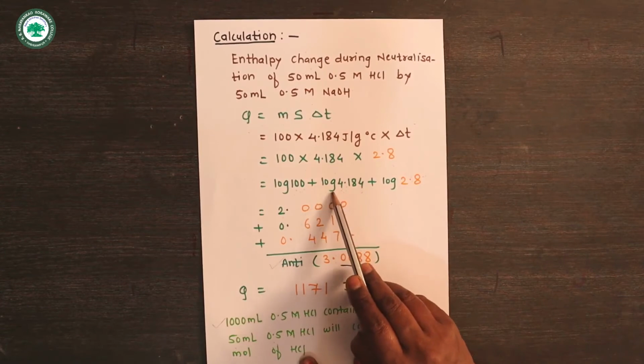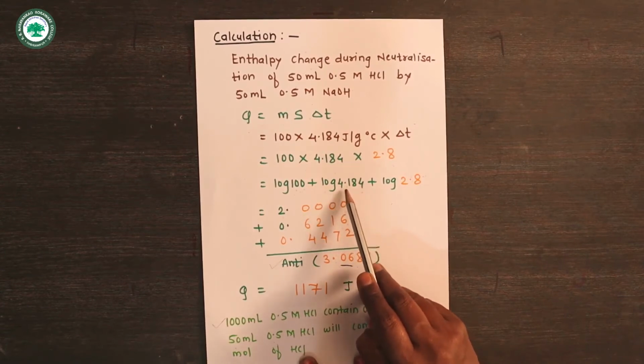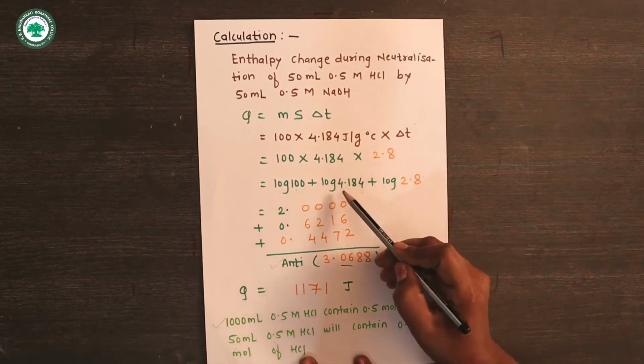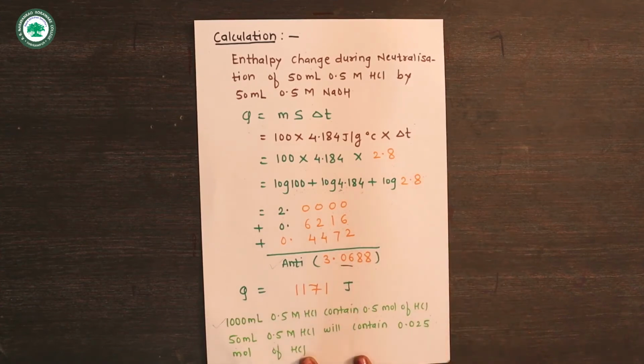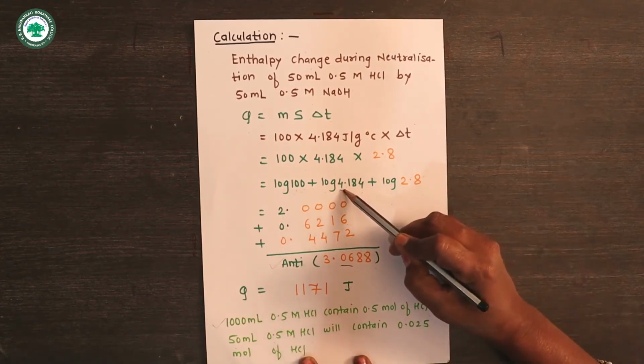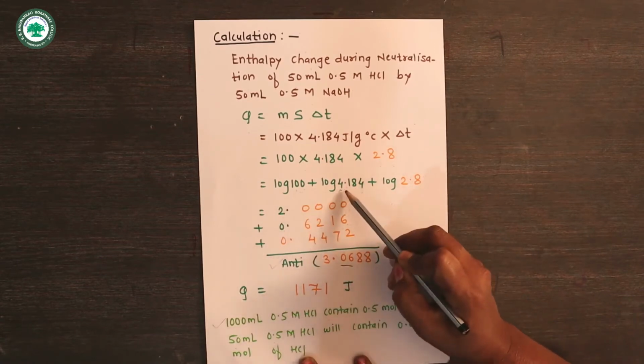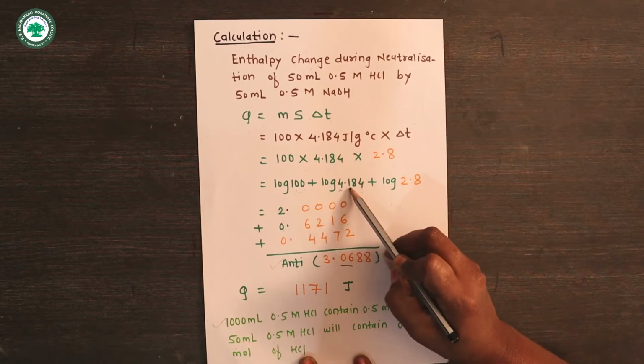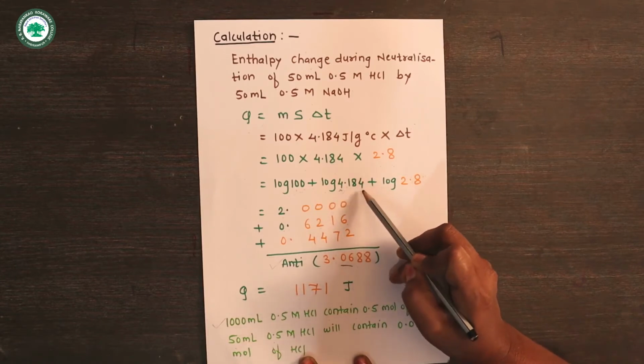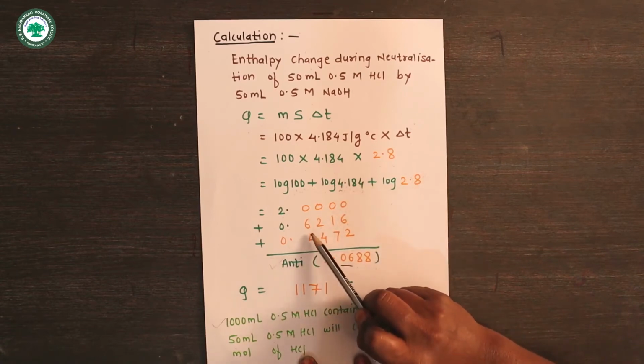Now plus log 4.184. Before the decimal point only one digit is present, so 1 minus 1 gives the characteristic 0 for 4.184. Now we have to find the log of 41 followed by 8, and the difference in 4, and the sum of both these terms will give us